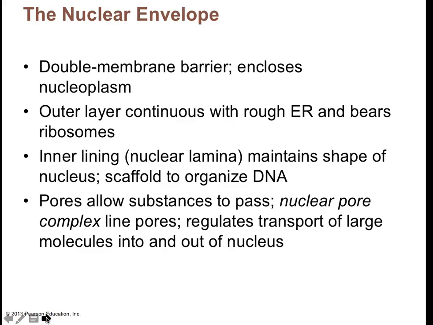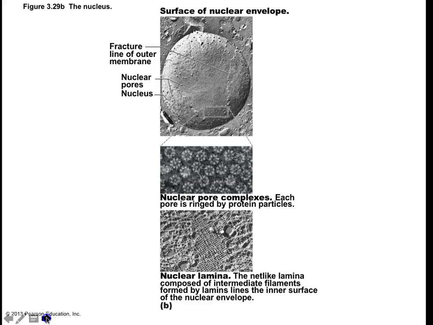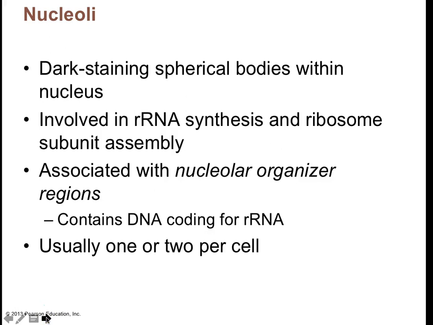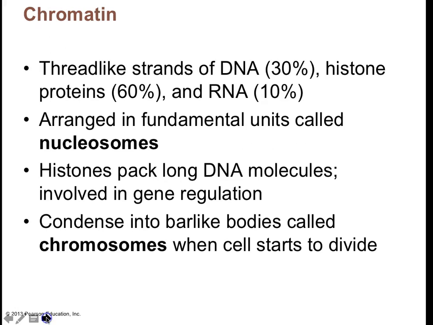So this is the nuclear envelope, a double membrane, with pores in it that allow movement of small molecules in and out. And the nucleolus, or nucleoli, because nuclei usually have more than one, is going to be involved in ribosomal RNA synthesis and ribosome subunit assembly. Chromatin, the